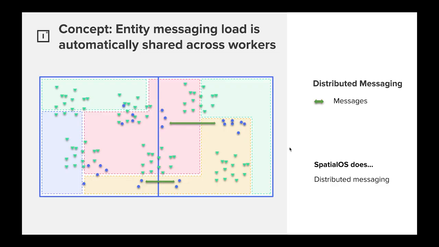The entities are moving and the workers are moving as well. Distributed messaging: obviously in a distributed system with nodes going up and down, workers failing, it can be hard to guarantee anything, to be honest, but we guarantee certain levels of message delivery. So if an entity has the ID of any other entity, it can always try and message them. And that works across boundaries, that works across any edge case you can think of.